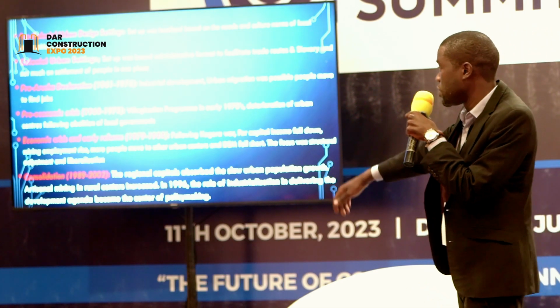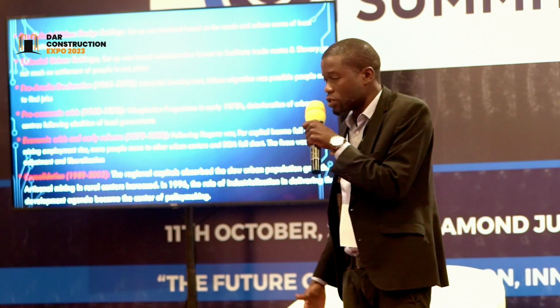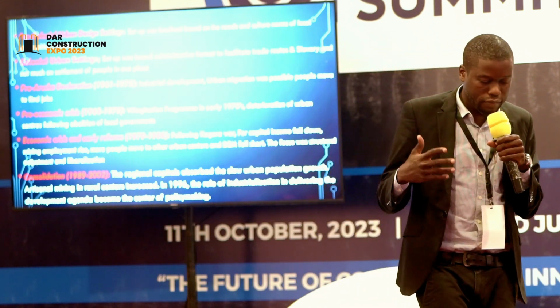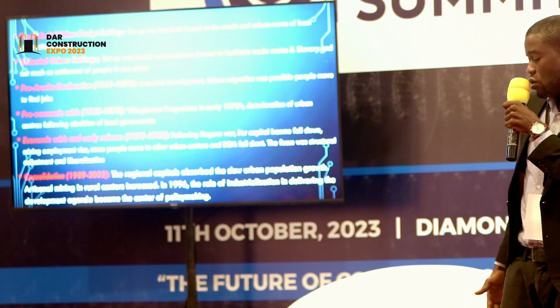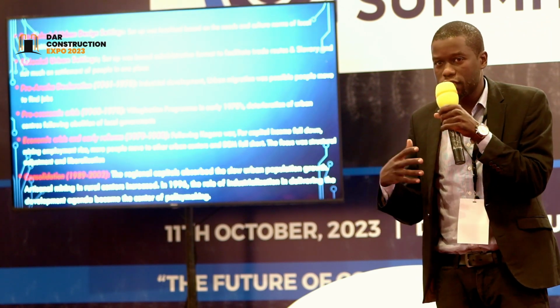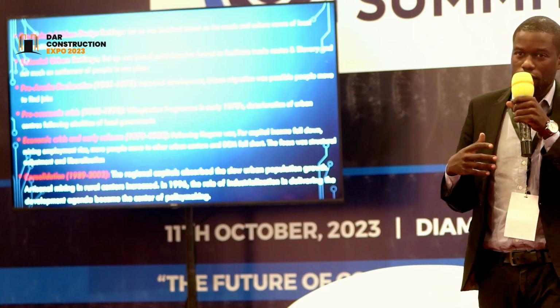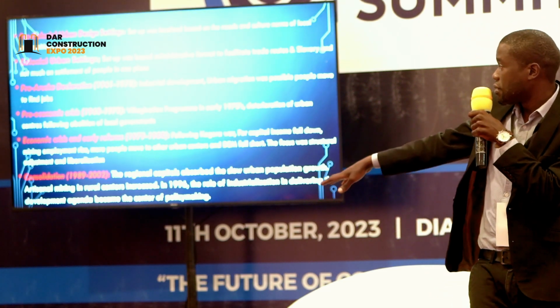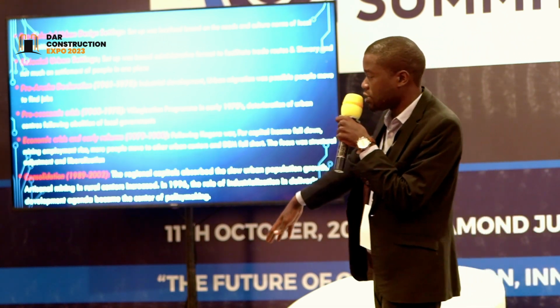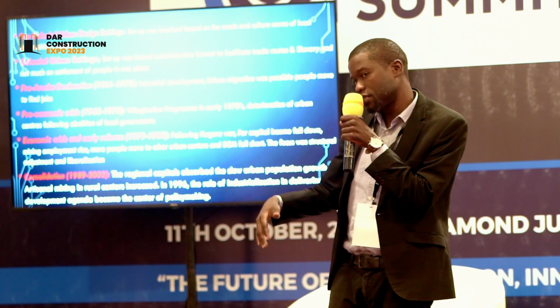After that, we have the pre-economic crisis period, with the villagization program. This is the Nyerere era, the first president of the United Republic of Tanzania, where he urged people to come together to form villages. And this was the era when people started to live in community settings as a unit, as a town, or as cities, mini cities by then.